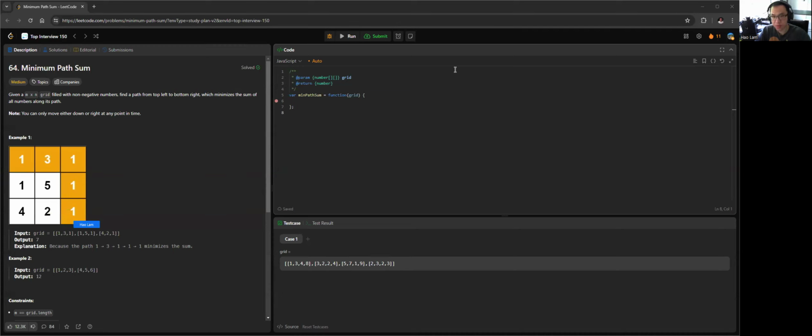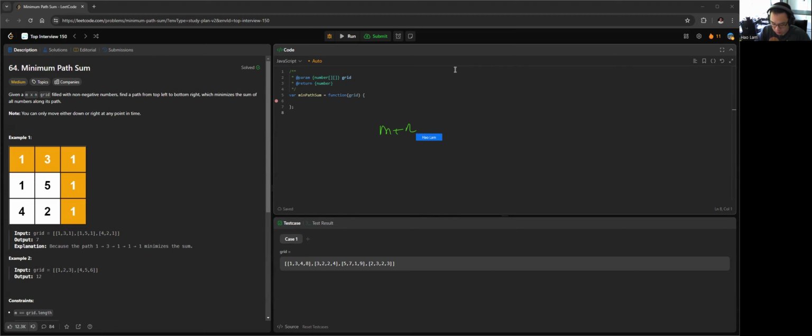So the basic approach, the naive approach, is to use backtracking. So at any point in time, we can have two paths. If we start at 1, we can go to 1 or 3, and so on and so forth. So what is our depth? Our depth is going to be n plus n